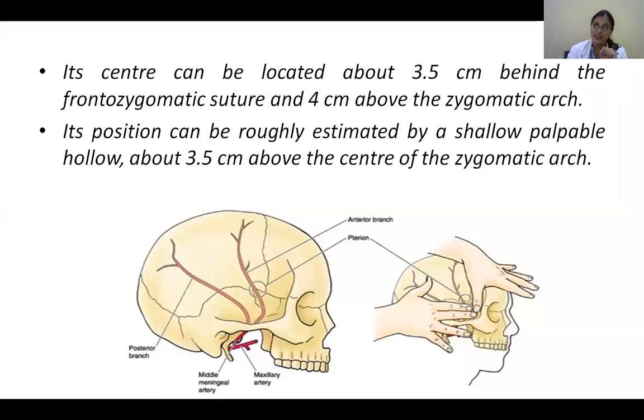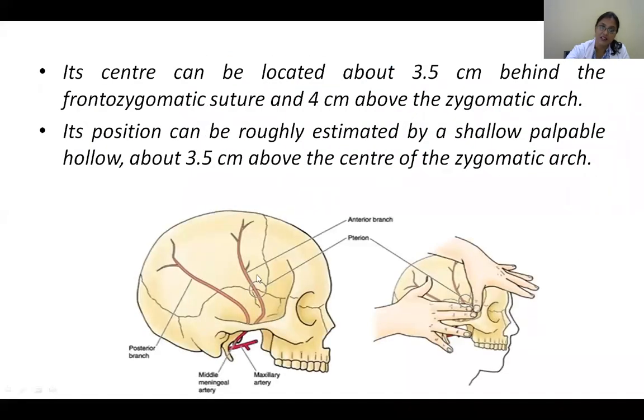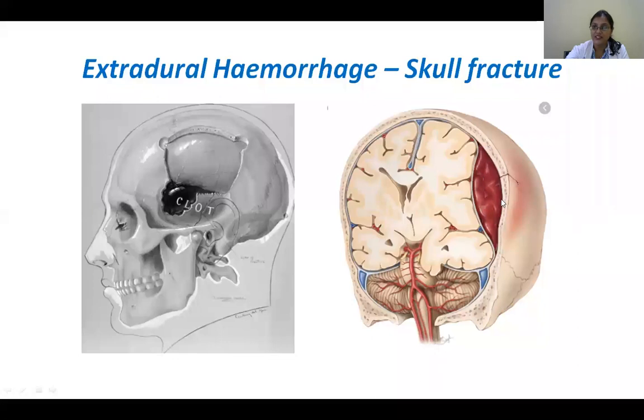So that is one kind of hemorrhage. I'll just show you a picture of how it looks. You can see, this is the brain tissue here. This is the skull. This is the endosteal layer. And you can see the blood, which is a clot that has collected. So what is the origin of this blood? It's your middle meningeal artery, and you can see it spans like this. Usually trauma at this part involves your middle meningeal artery, which ruptures and leads to the collection of blood. These form a hematoma or a clot.